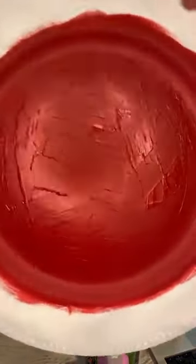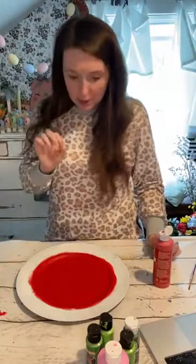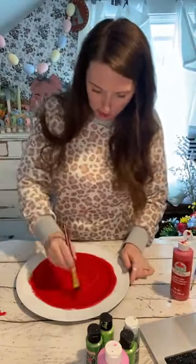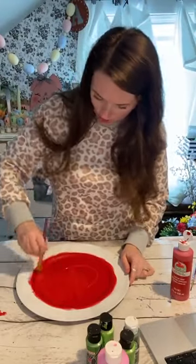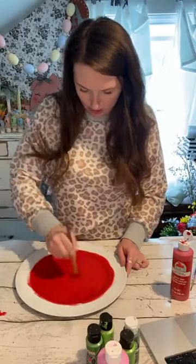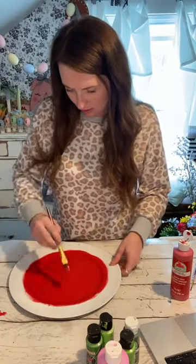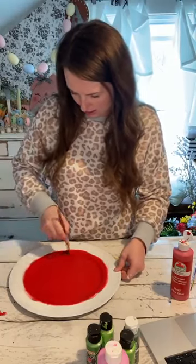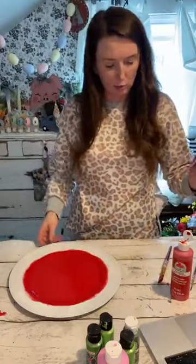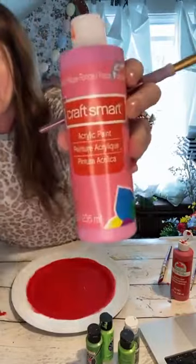All right, so cracked and all, it doesn't look too bad. Okay, here's what I'm gonna do though. I'm gonna do another coat just to make sure, but also we're gonna do some polka dots. So I want it to be wet when I do the polka dots. So I'm just gonna get another coat on there, and then I'm gonna grab another brush, and we're gonna take this color here, Pink Blast,